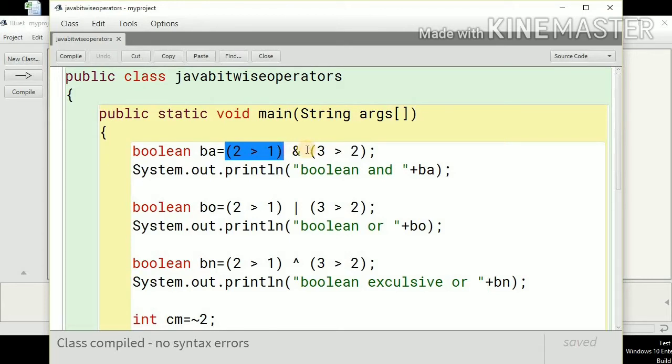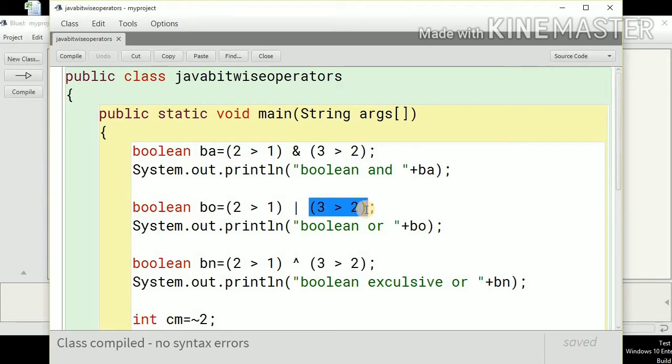Similarly, with the logical OR operator, if the first condition is true, then it will directly return true and will not check the second condition. But in the case of the bitwise OR operator, it always checks both conditions.